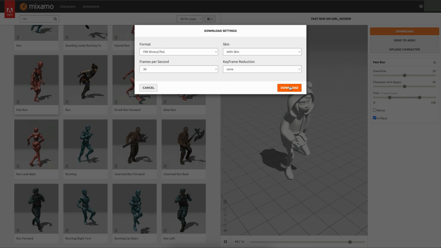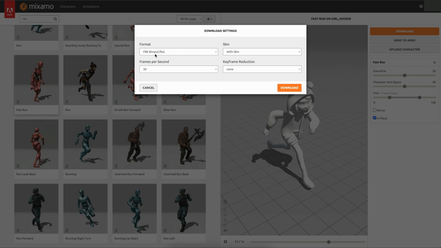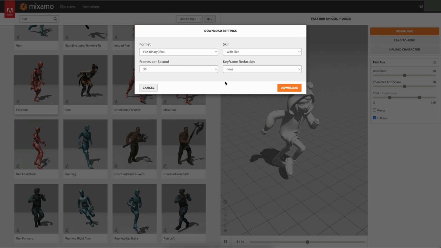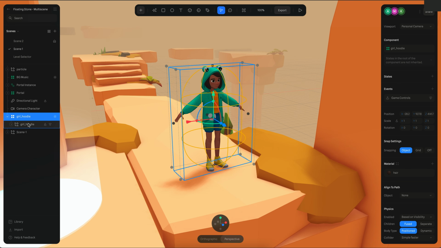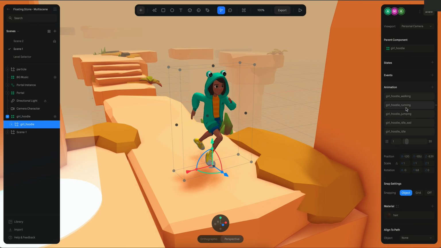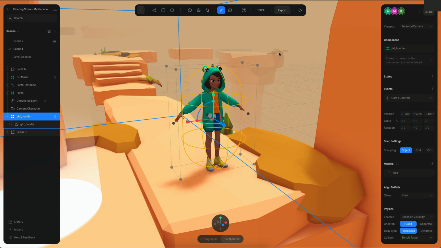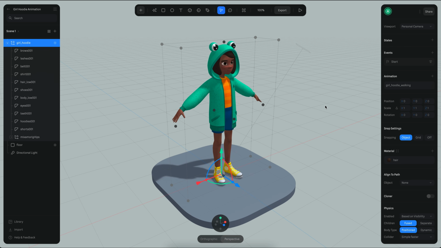and then I can download my object as an FBX binary file. And then you can import that back into Spline, and you will get something like what we see here, right? With the running animation, and then you can use that with your game controls to create an experience like what we see here. When you import your animated models into Spline, you will see that the animation will appear in